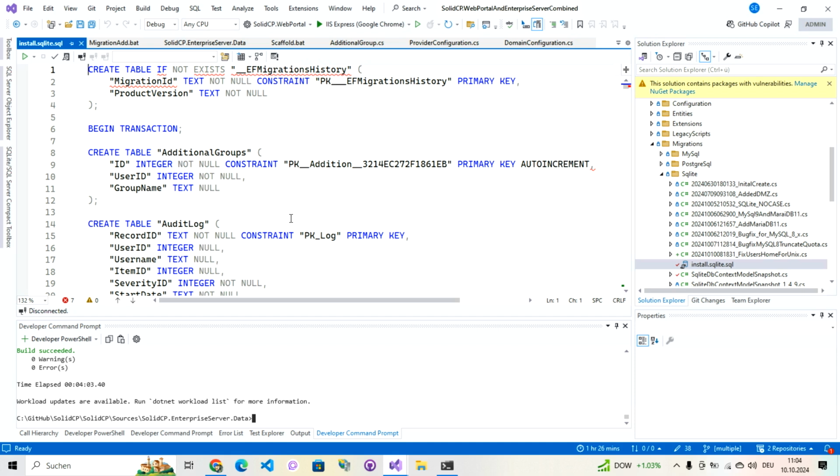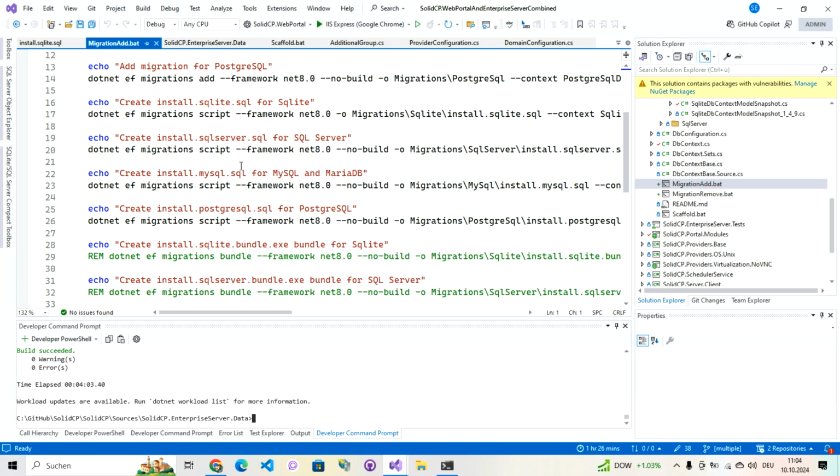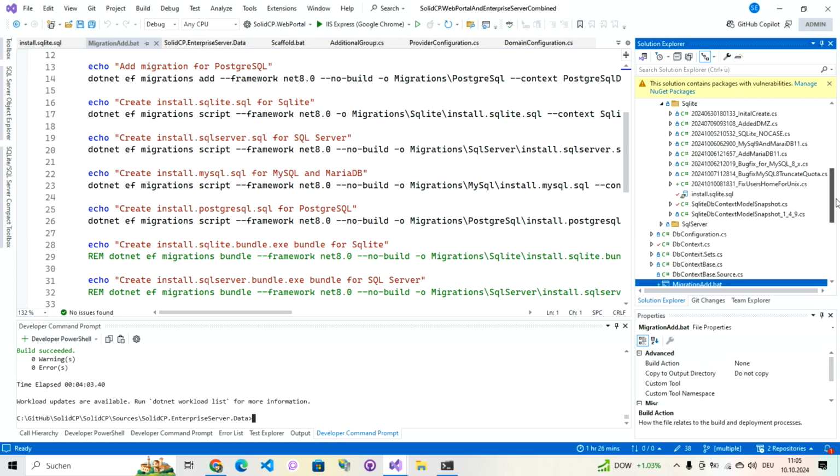It's impossible. You can only do this by running directly the .NET EF command on that database, like you do here in the add migration. You would have to manually run some command like this on the database and upgrade it. So we don't support upgrading SQLite databases at the moment, because we cannot create a bundle script to upgrade the